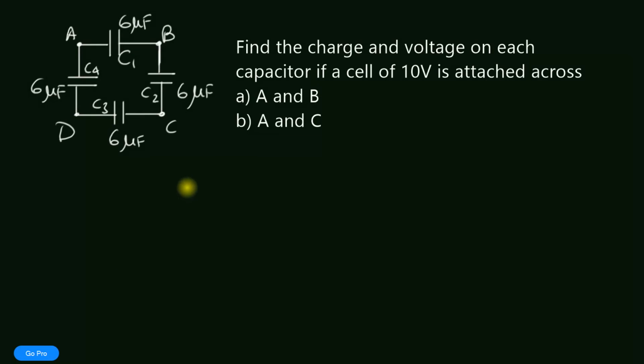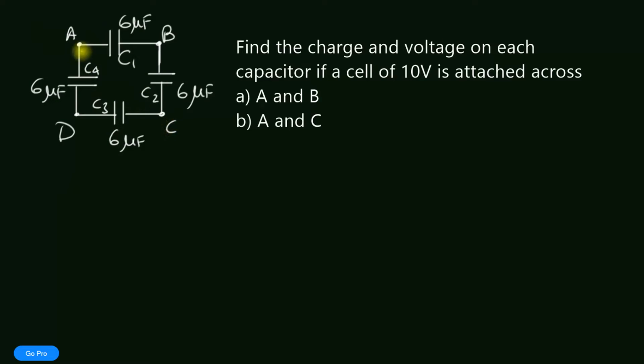What's up? Let me ask you a question. What do you think is the effective capacitance of this entire system? At first you might want to say that the capacitors C1, C2, C3, C4 are all connected in series with each other. But then that would be wrong, because the effective capacitance can only be calculated provided I give you